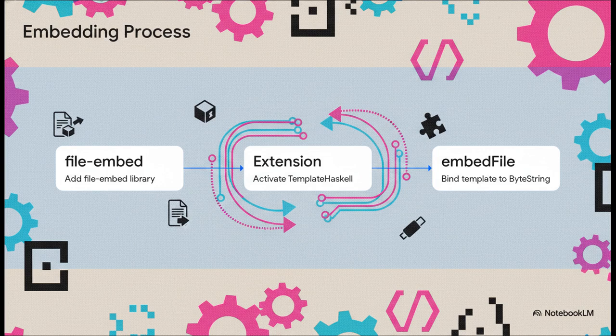Step 1, you just add the file-embed library to your dependencies in your package.yaml file. Step 2, you activate the template-haskell language extension, which is incredibly powerful, by the way, because it allows for compile-time meta-programming. And finally, Step 3, you use the embedFile function. This literally binds your external Typst template directly to a byte string in your code. Just like that, the file is read during the build process and physically embedded right into the binary before it